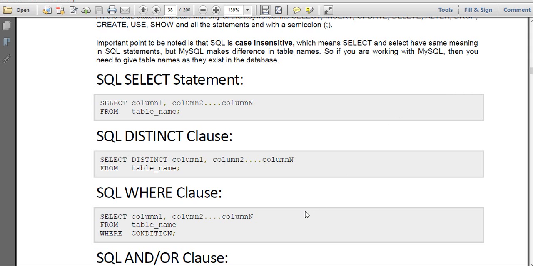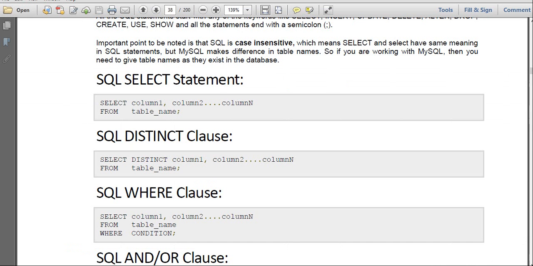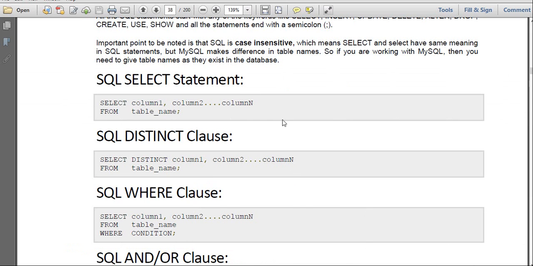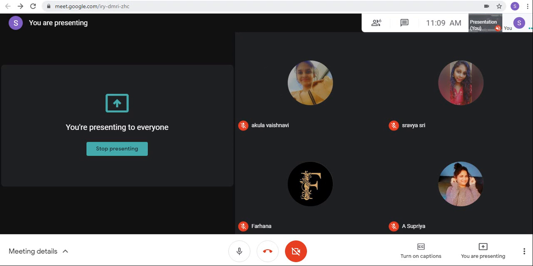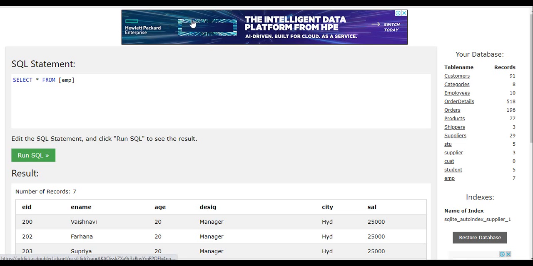Right. So in the last class we discussed how to create a table, how to insert the values, and how to see the records which we have inserted. So today also we'll continue by creating some tables and we'll check how to insert the values into them. This is a simple recap class for those who didn't attend the live classes.